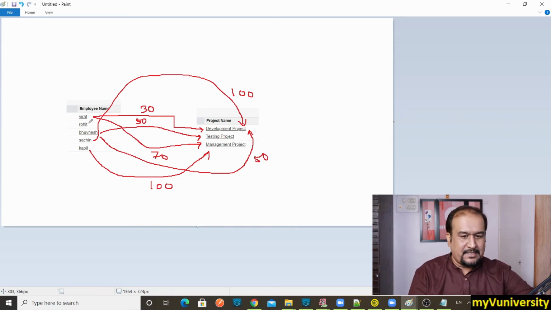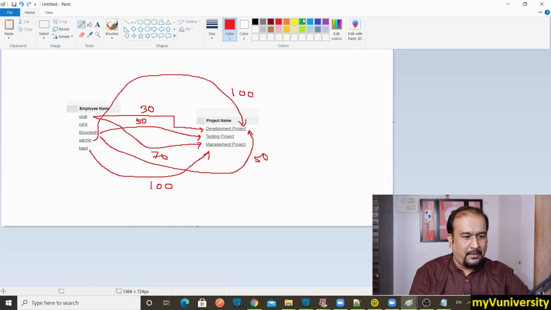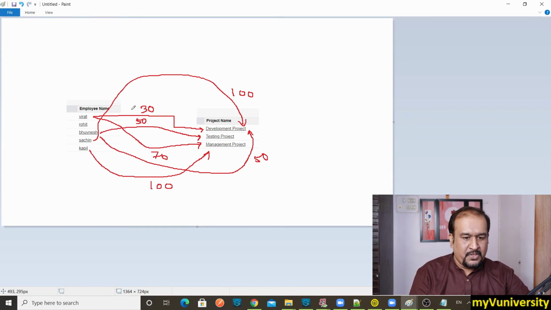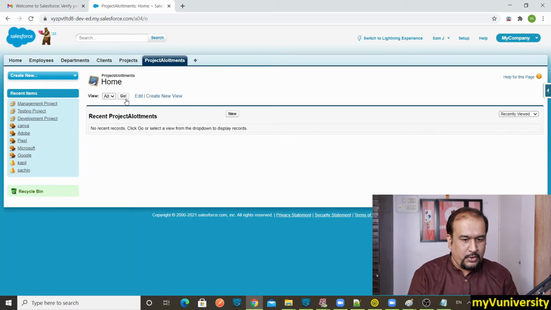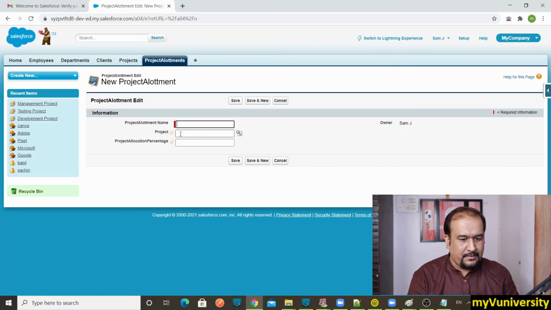Let us go one by one, and you can put a tick mark. Let me use green color. So Virat, 30%, development project. Let us do that. In project allotment, let us add a new record. The project allotment name, let us call it PR 001, some number.